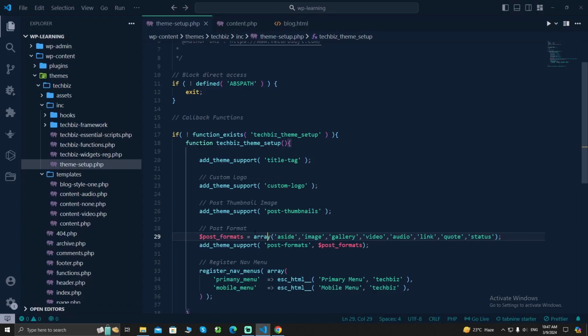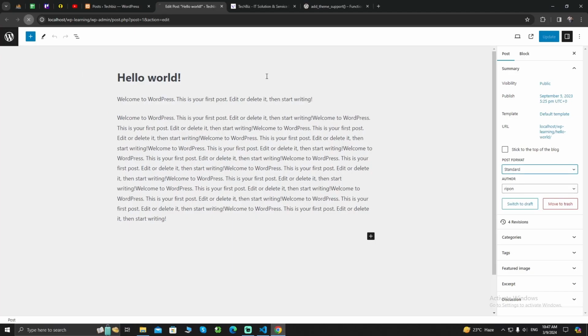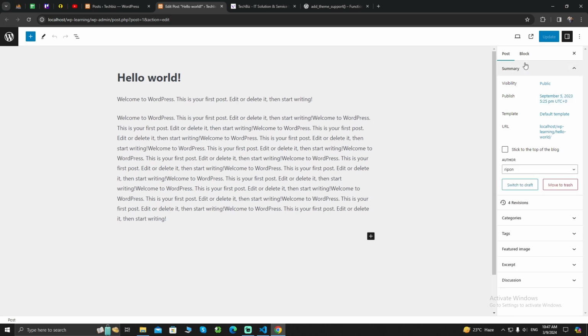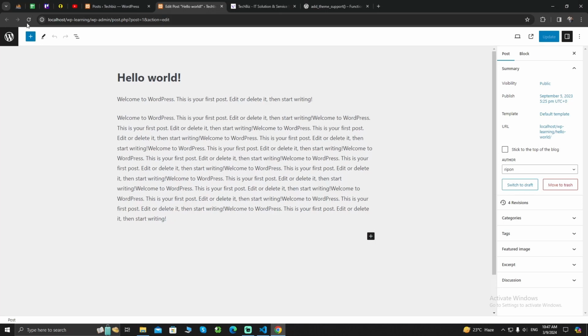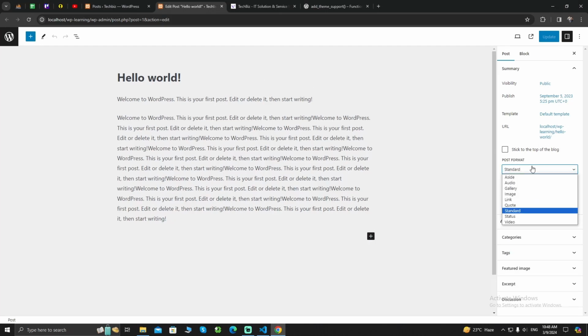And if I remove these two lines from here and give a refresh, you will not see anything like that. If I comment it out again and give a refresh, then you will see the post format here. Standard is always the default one, and we can select audio here,